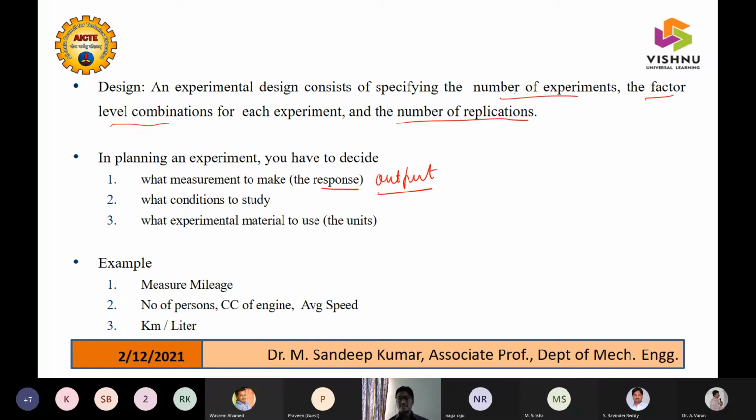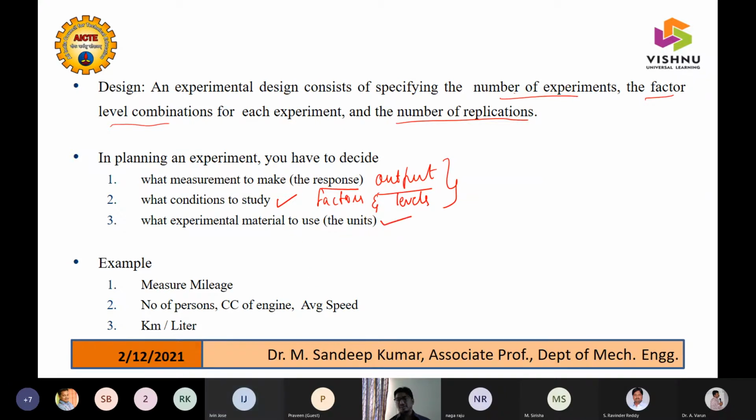Then, what conditions are you looking into? The conditions may be the factors and levels. These are the things that you need to decide, and the units in which you are doing the experimentation.